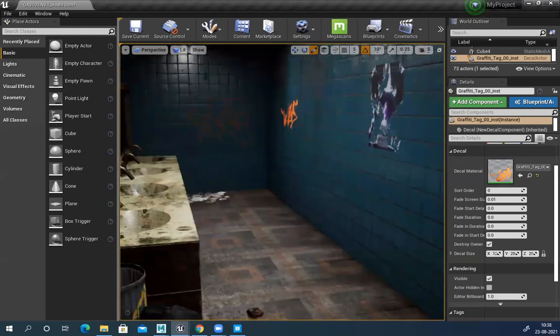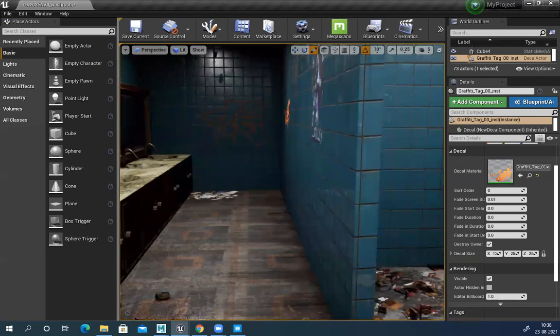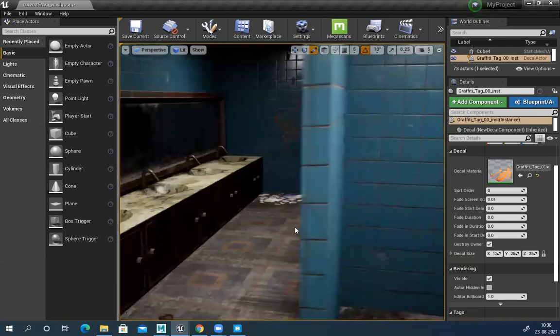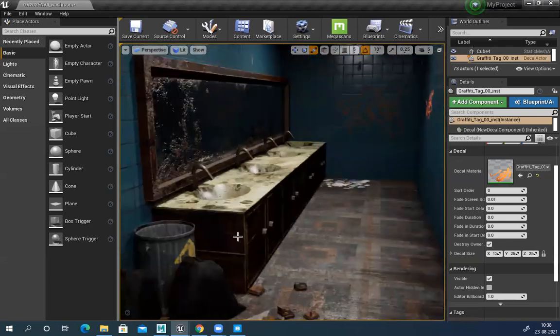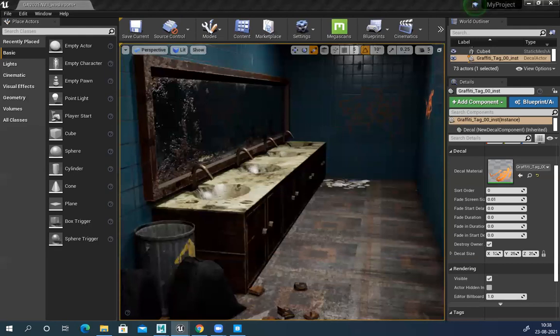Yes, G and check. So a lot more things we can do here. We can add some leakage, some water material. Right now I don't have it. So there is a package available like Reflection. I believe the package is named Reflection in Marketplace. It's a project available free of cost. You can download that. It has a lot of water decals, and you can use that. It's some nice effect.